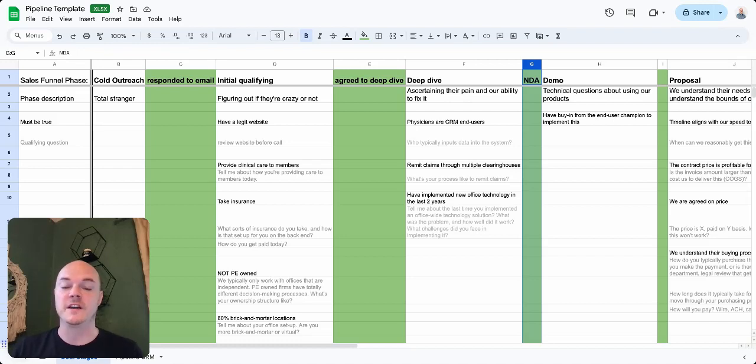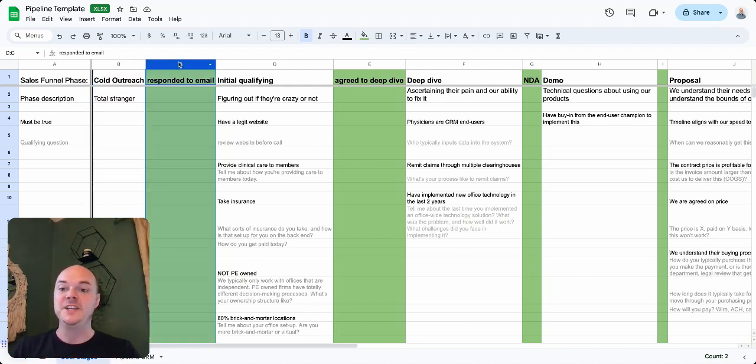There are two critical things that every sales manager needs to do in order to manage their sales pipeline. The first is to define the stages of this pipeline. As you can see in this document here, we've got an example. Each stage of the pipeline is the place where the lead or the prospect is in the process of our